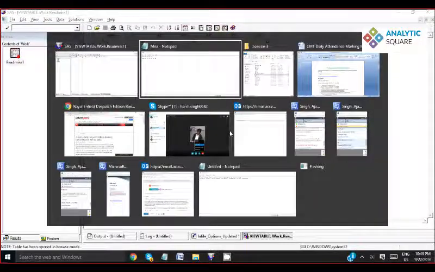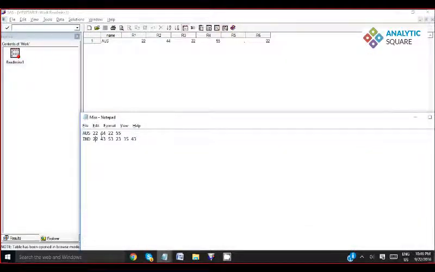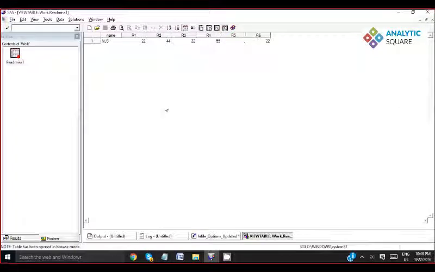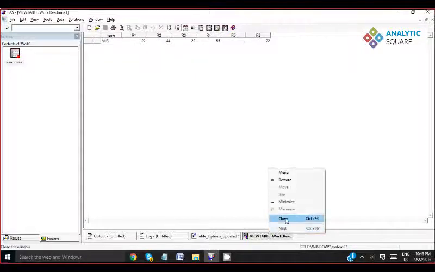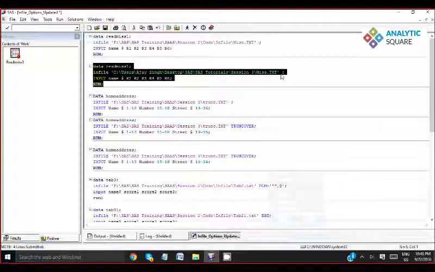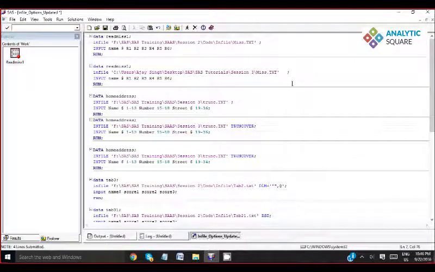But what happened for the rest of the values? For the rest of the values, we don't have enough values for 7 variables. That's why it skipped that line, and in the output data set it is only showing you one line. So how do we correct that? To handle these kinds of missing values, which generally show at the end of the line, we use missover.